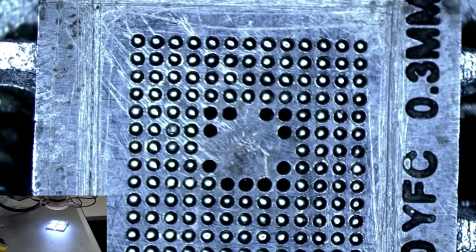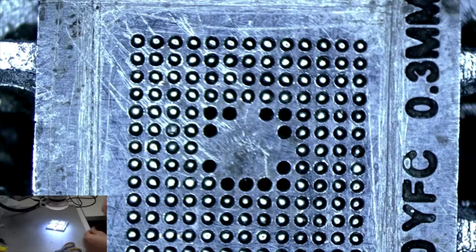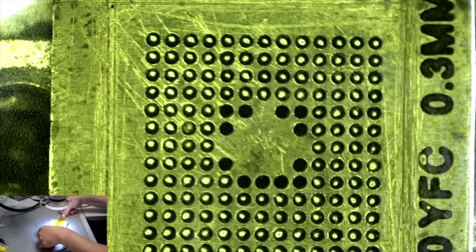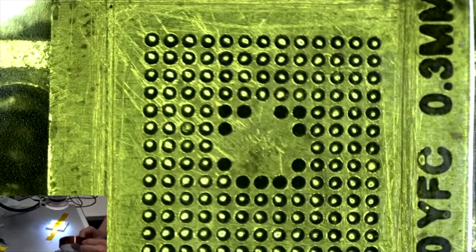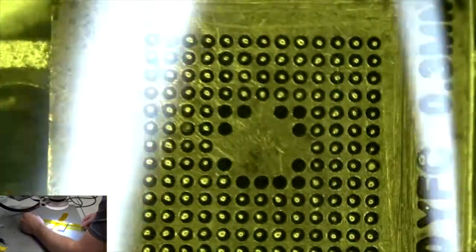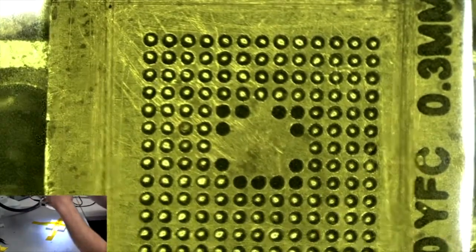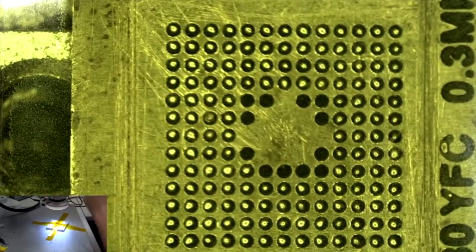So we'll get some of our Kapton tape. Cut off a nice size of it. And I'm going to go right on top of that, keeping it lined up. Tape it down. Cut off another one. And I'm going to go right down the other way. Just like that. So now, that's going to keep that in place while we add new solder balls to this